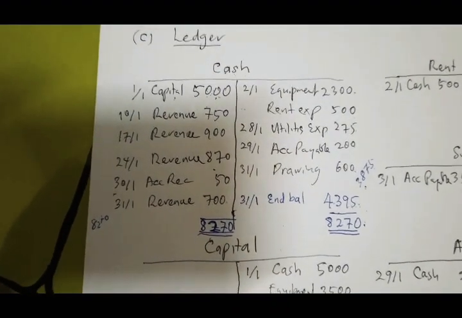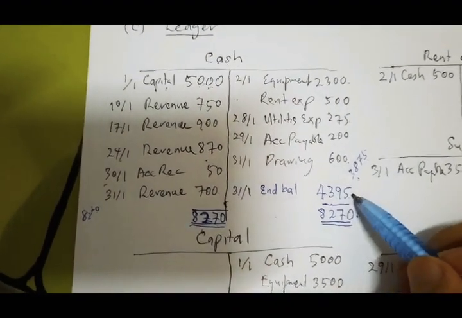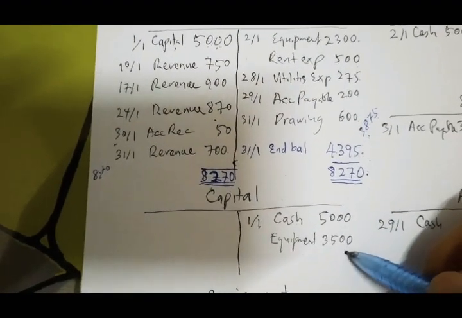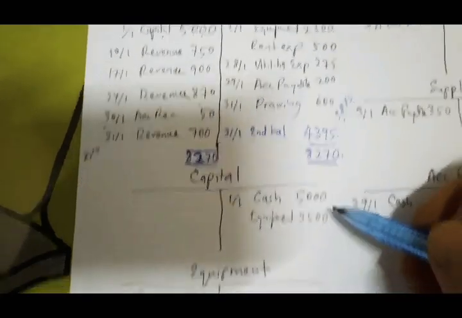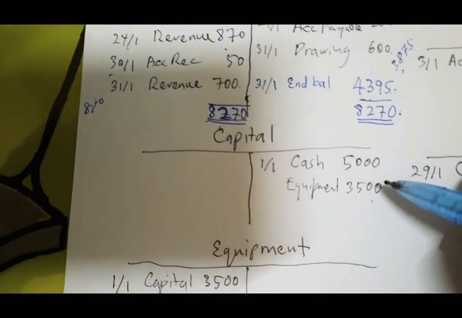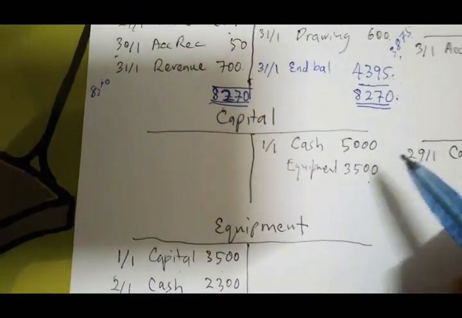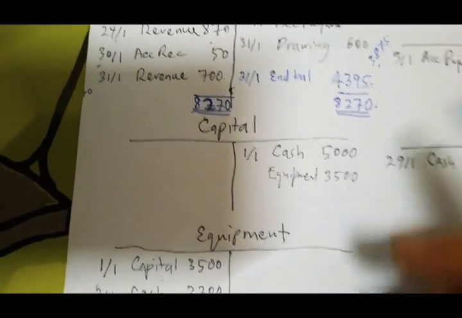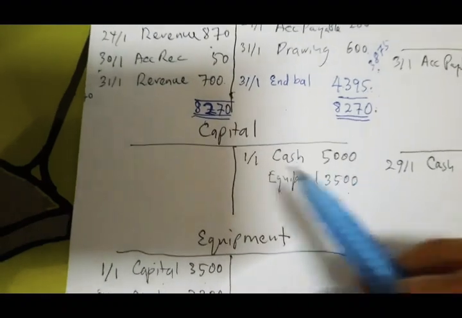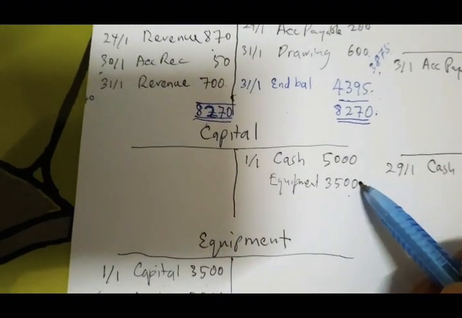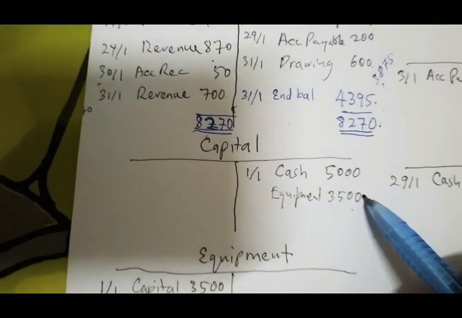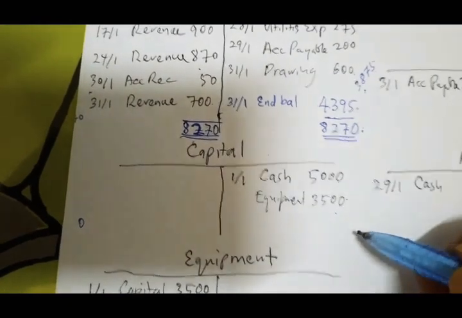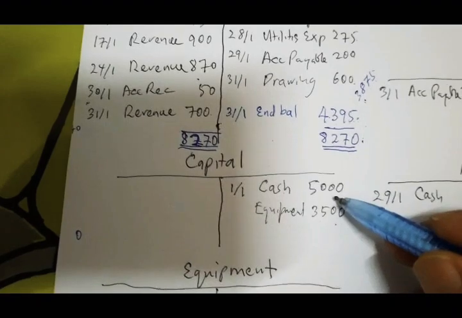So you have to do the same calculation for every account to calculate the balance of the account at the end of the month. So now we do the capital account. Let's remember I have told you the first thing to do is you have to calculate the total in the debit side and the total in the credit side. So now see, the total in the debit side is 0. The total in the credit side is